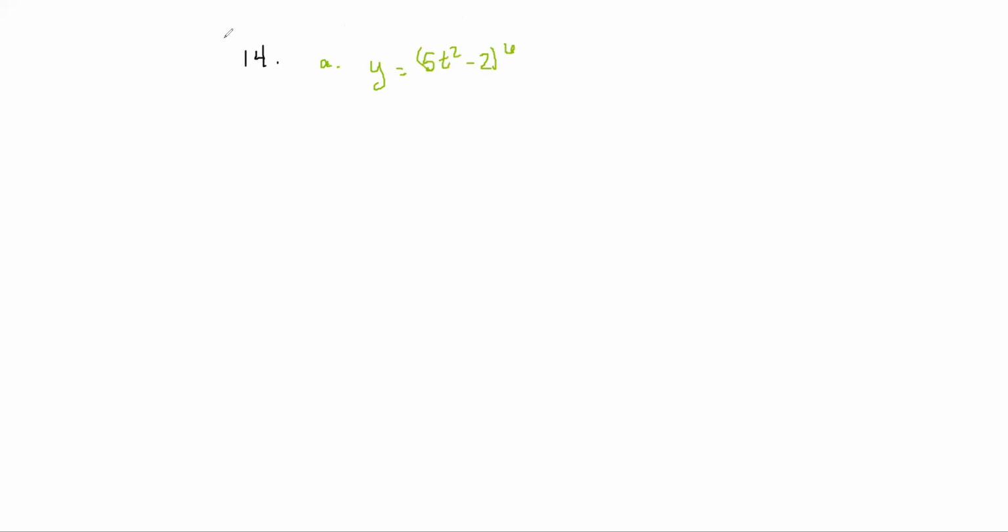Basically, what I'm looking at in this function is I have this chunk, right? And then I have this. So all of that is to the 6. But I can't necessarily simplify it right now in the way that it's written. So basically how I'm going to do that is I'm going to say u, and sorry, I'm going to say